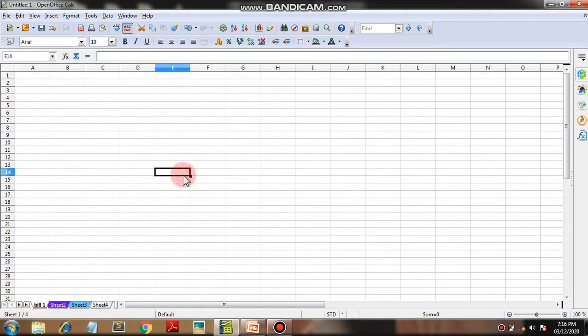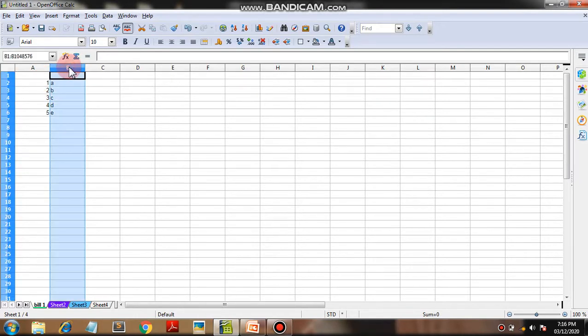Now suppose there is one table here. Write any data. Now I want to freeze that panel.